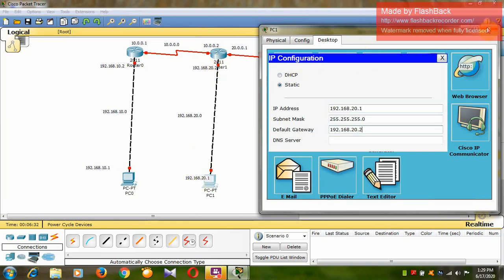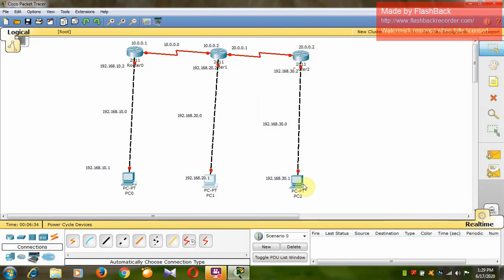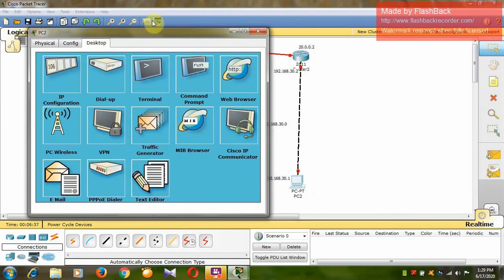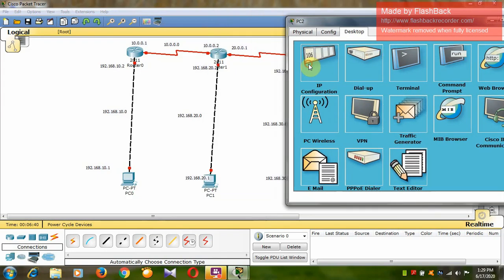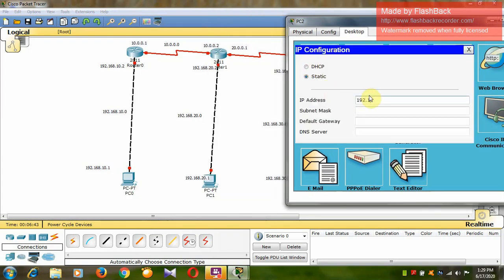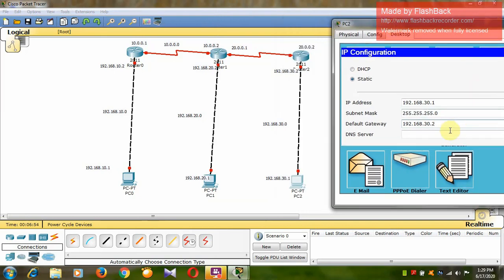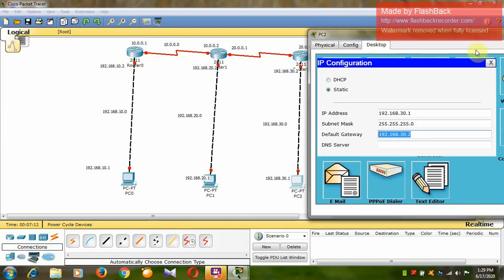Now similarly for this PC, you can assign the IP address as 192.168.30.1, and default gateway as 192.168.30.2. Here you have to remember the IP addresses of these default gateways. Why? Because when you are configuring the routers, you have to assign the same IP addresses for these ports which you have given in the default gateway. Otherwise, there will be some error in the configuration.